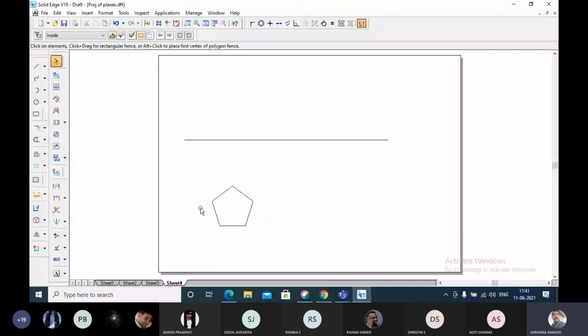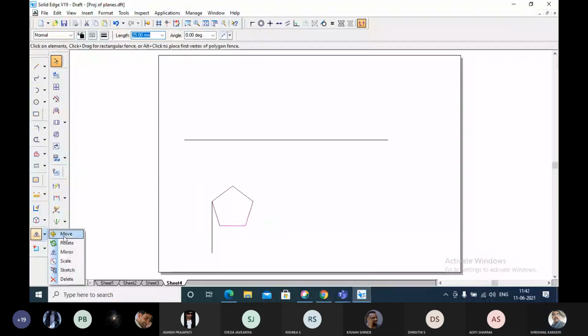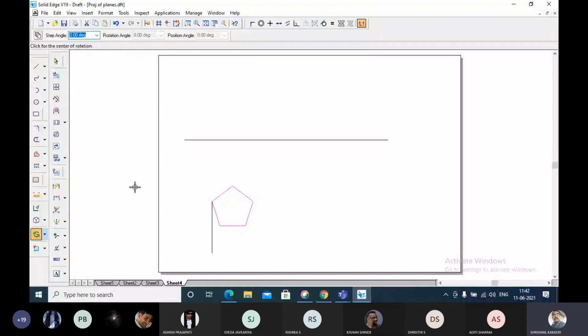Now my point of requirement is, if it is resting on one of its edges, you take a line here. I'll show all this. If it is resting on this edge, I'll take 90 degrees. If it is resting on the edges, select the whole figure, then say rotate, and take this as the point of rotation, any point on this to be on this. But what is given? They have given us that it is resting on one of its corners. If by mistake you did this, you can make a mirror. Or if you have not committed the mistake early in the beginning, what you can do is write